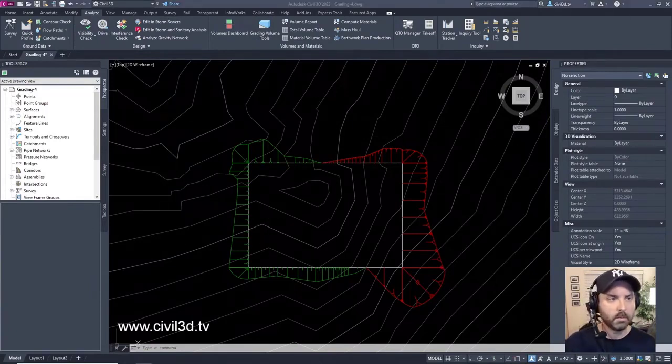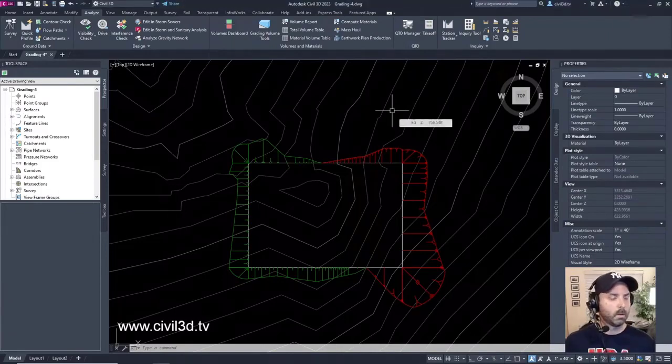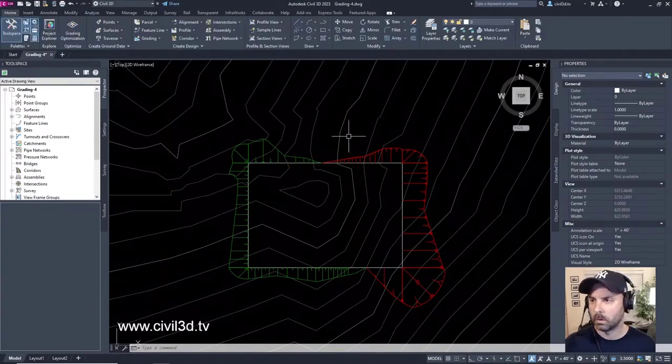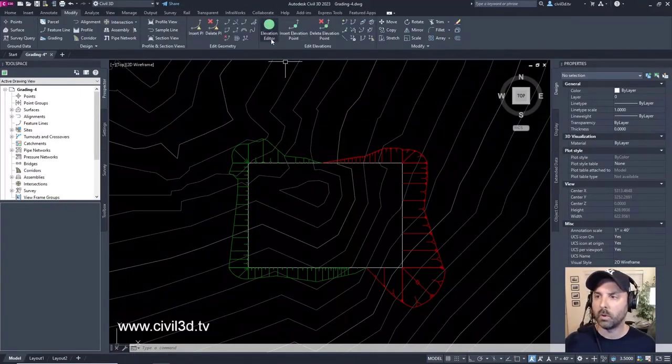But let me just do some housekeeping real quick. And so we have our building pad. What we're going to do first is go into Modify, and we'll go into our elevation editor.